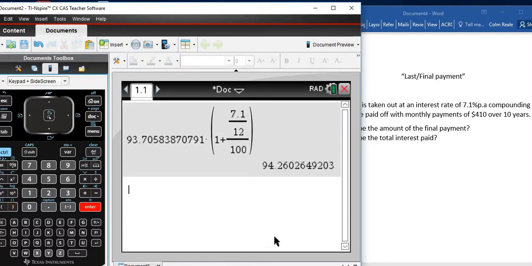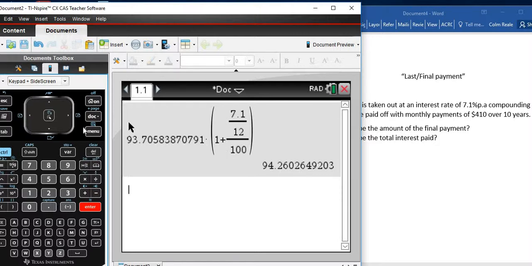The actual value of the last payment is $94.26. That was the amount owing prior to the last payment, and the bank is going to charge you interest. So that's the last payment. We do not need a full last payment of $410 to get rid of this loan. The last payment only needs to be